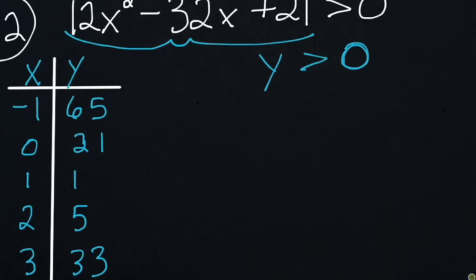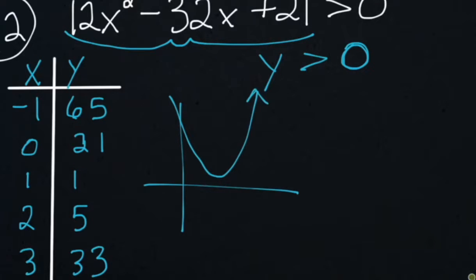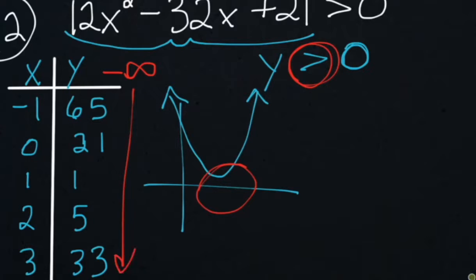So let's look at the graph. When you look at the graph, you'll notice it never actually touches the x-axis. That means it's always going to be greater than 0. So I can go from negative infinity all the way to positive infinity, and my graph is always going to be positive. It's never negative,